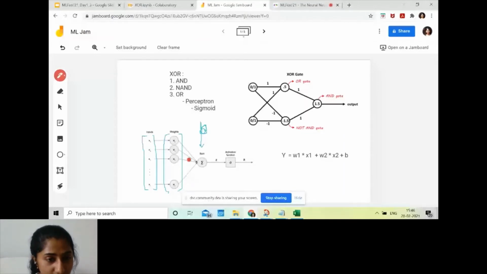After we multiply this, we add our bias, as you can see here. Then we make it go through the sigmoid activation function, that is sigmoid here. We'll be learning about different activation functions in a few hours. And then we get our final output. So now that this is clear, I guess it's clear.